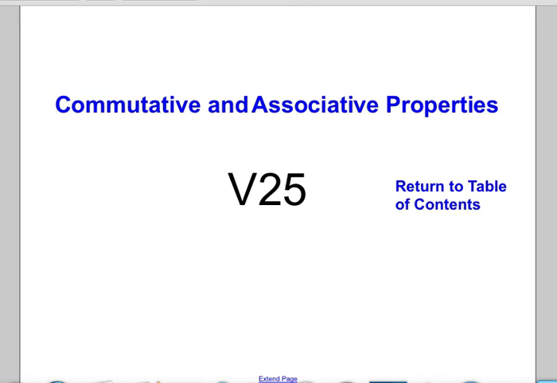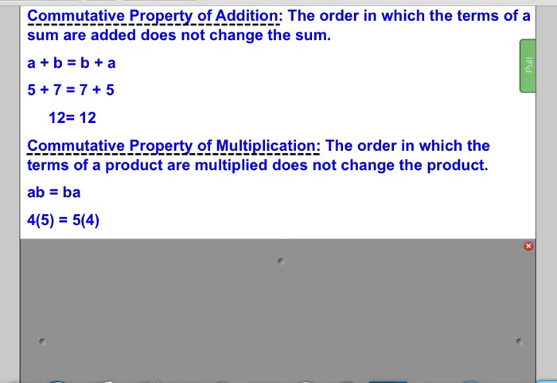Today's video lesson previews the commutative and associative properties of your brand new unit. The commutative property of addition states that the order in which the terms of a sum are added does not actually change the sum, and likewise the commutative property of multiplication means that the order in which the terms of a product are multiplied does